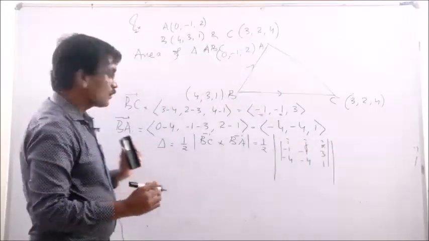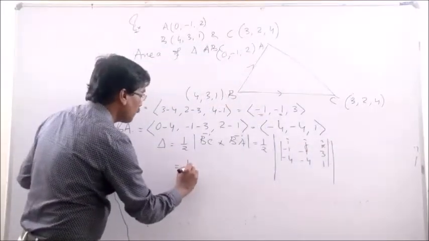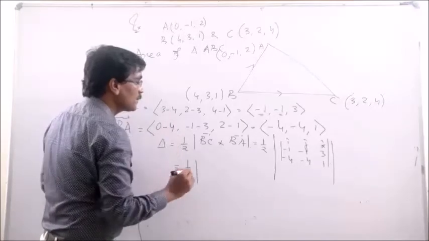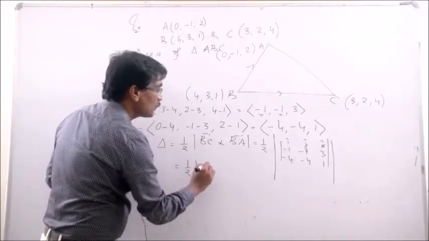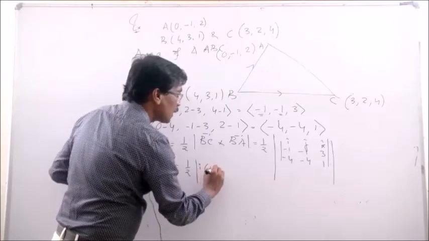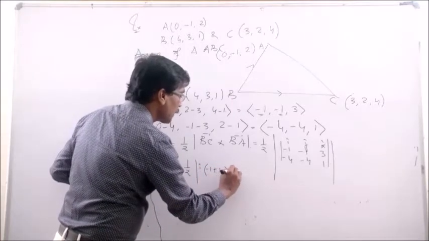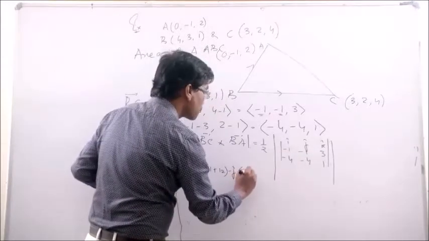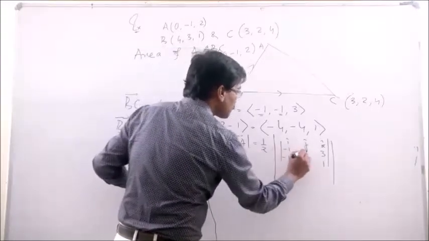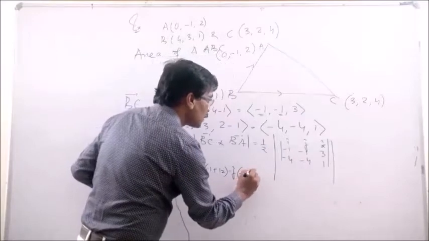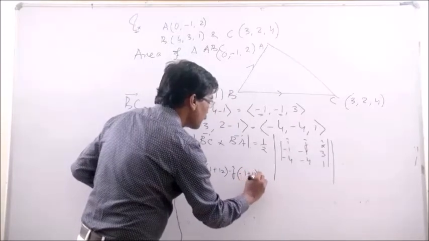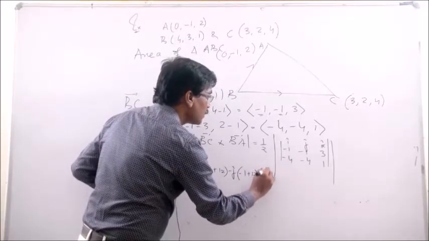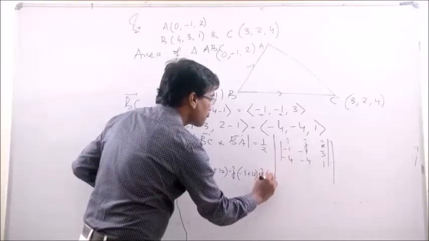So that is equal to half magnitude of i cap into (-1 plus 12) minus j cap into (-1